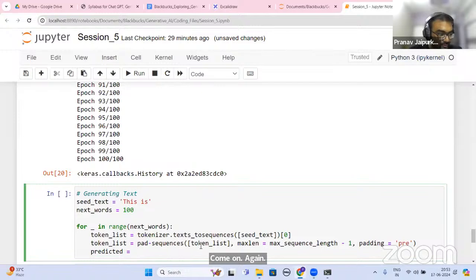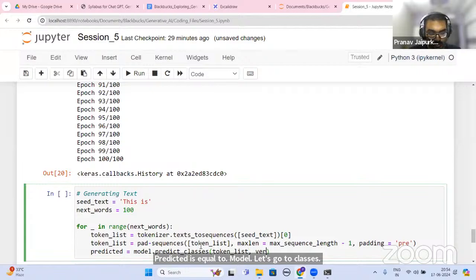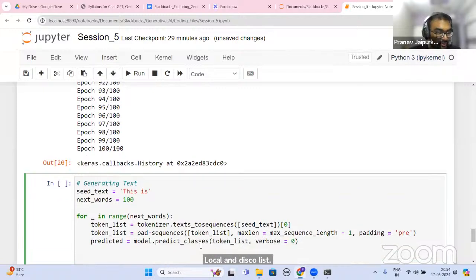Predicted is equal to model.predict_classes(token_list, verbose=0). So we want to take the predictions from the model. Now output_word is empty.